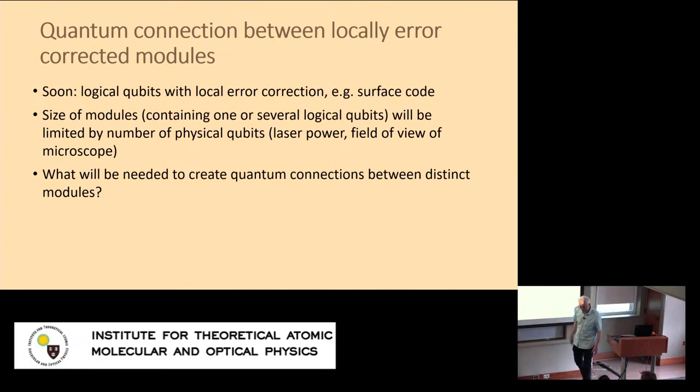And then one can make arguments, and many of us believe, that these will be rather large systems in terms of physical qubits. I think 1,000 is already where we are now, right? And it will probably be 10 to 100,000. If you have 100,000 traps at 1 milliwatt per trap, you need a 100-watt laser. So that will probably be a somewhat hard limit on the number of physical qubits. The other somewhat hard limit, which maybe can be solved with money, is the field of view of the microscope, right? At the 3-micron spacing and a millimeter-square field of view, you can also fit 100,000 atoms. But these are two limits more or less coinciding at, I would say, 10 to the 5 physical qubits.